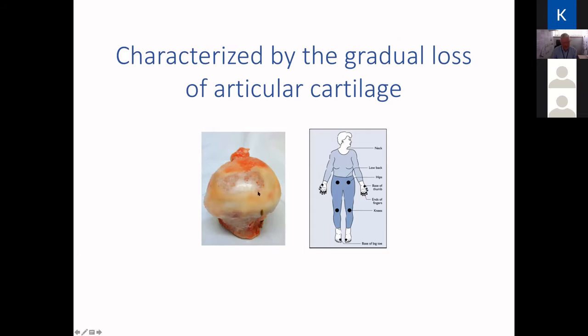So in this diagram, this is a hip removed from somebody who had severe osteoarthritis, and they've got this full thickness lesion. So this person would obviously have been in a lot of pain, and they will have gone forward for joint replacement surgery. And the osteoarthritis that we investigate principally affects the hands, knees, and the hips.